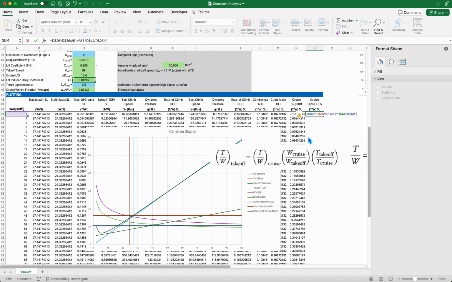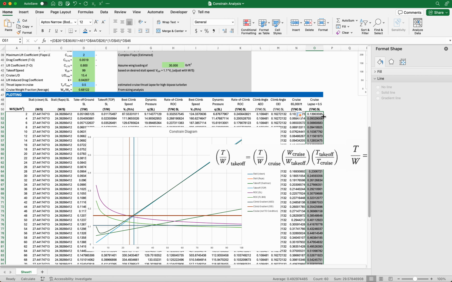So we're going to multiply by 1 over 0.5, which is just 2, and we're going to multiply by our cruise. And I just need a bracket at the front, and everything should be highlighted good. Add our dollar signs. And so now we have a representative thrust to weight ratio that accounts for the average weight during our cruise segment. And now if we plot this,